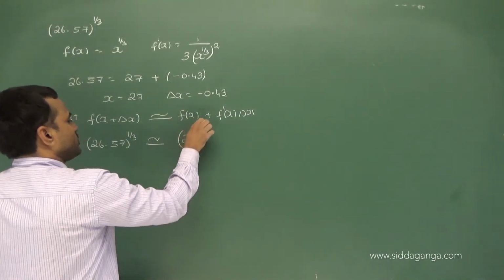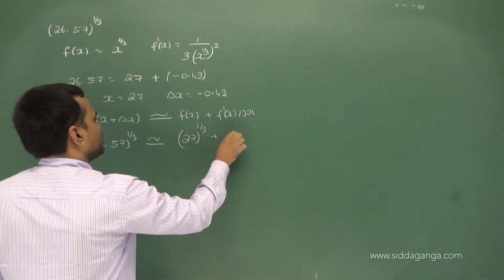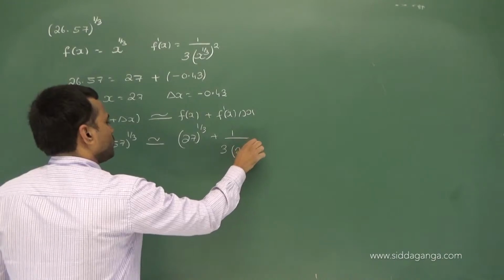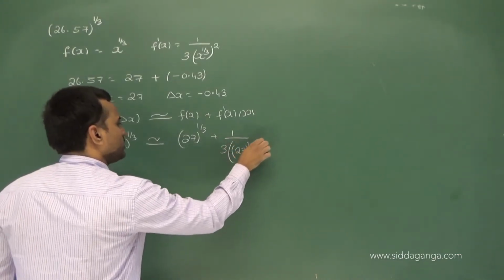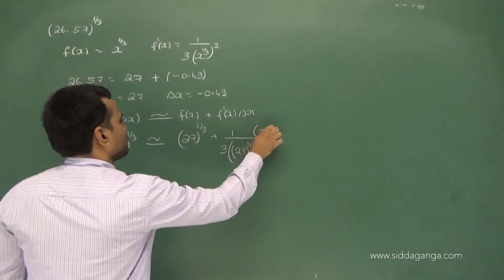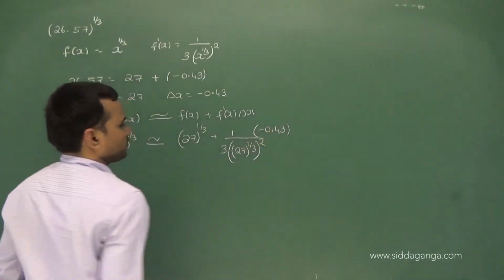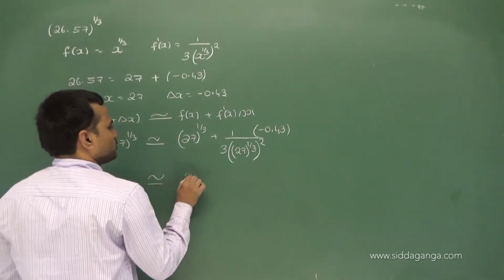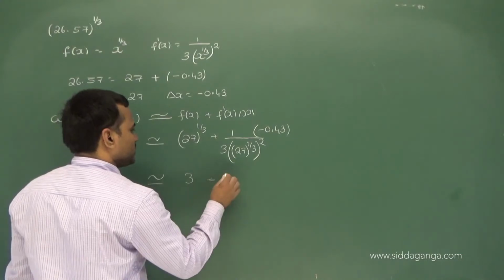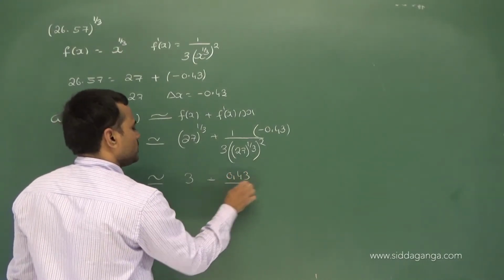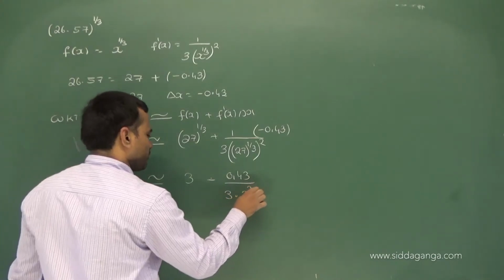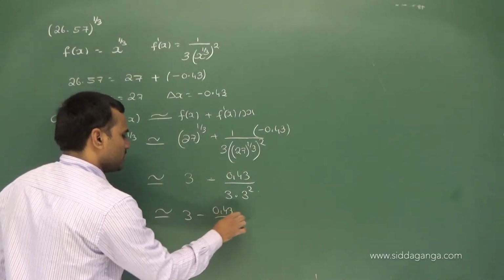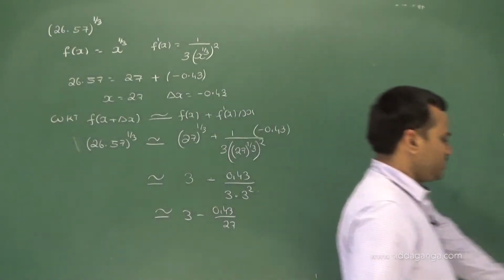cube root of 27 plus 1 divided by 3 into 27 to the power 1 by 3 whole square. Correct. Now, delta x is what? Minus 0.43. Okay, this is approximately equal to 3 plus, minus, I write here, 0.43 divided by 3 into 3 square. Approximately equal to 3 minus 0.43 divided by 9 into 3, it is how much? 27. So